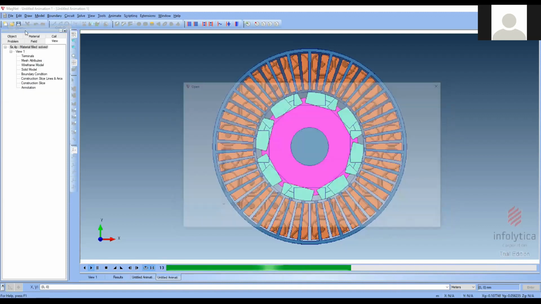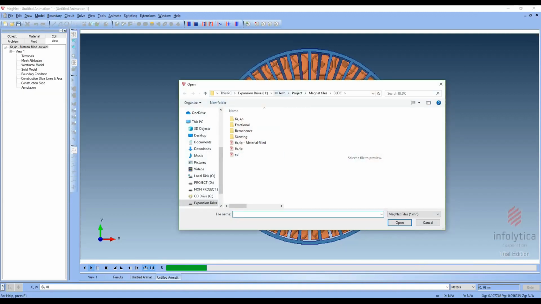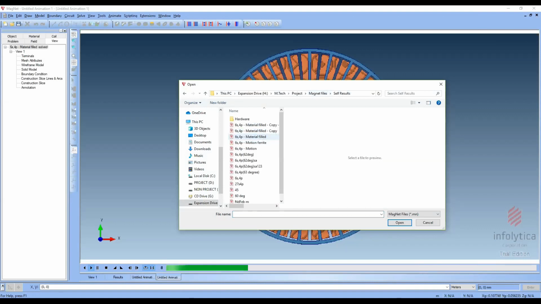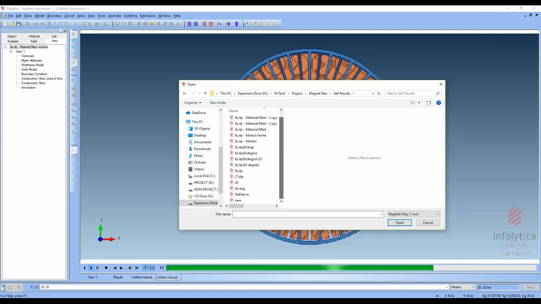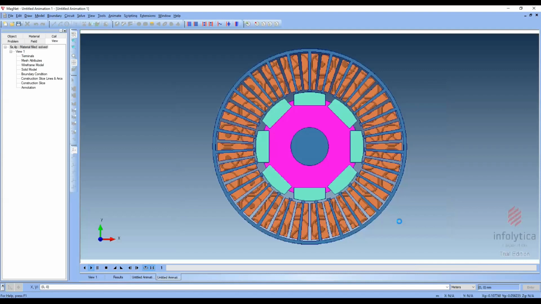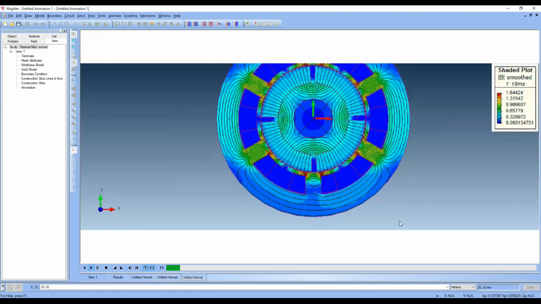Just please, sorry, I misplaced it somewhere. Here. This is the animation of flux.